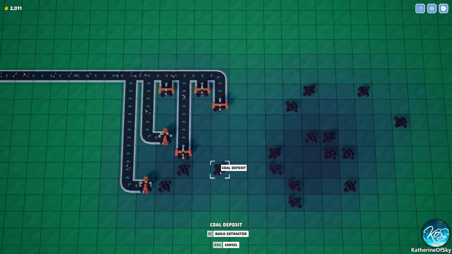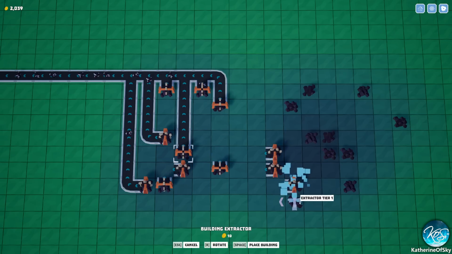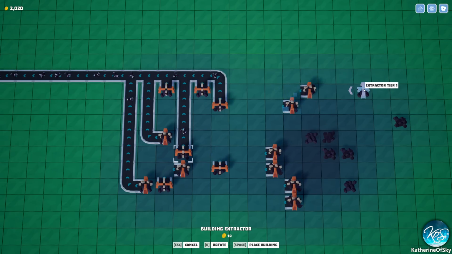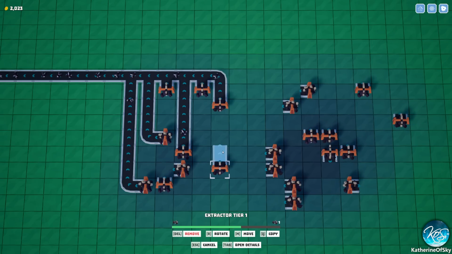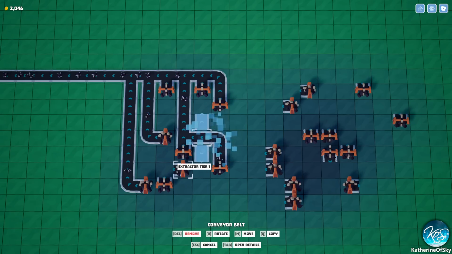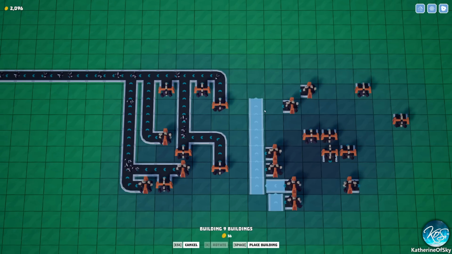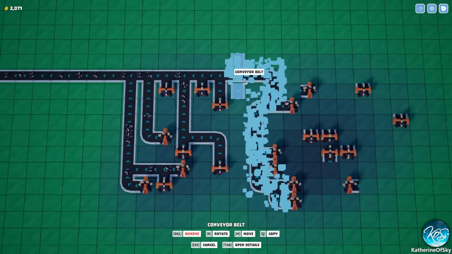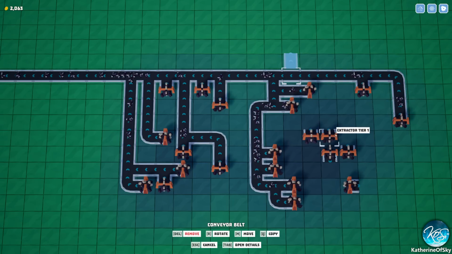We can even build some more extractors here so that we can just collect all the coal, basically, and it'll count toward money, which is kind of nice, because then it's like free money, basically. That's how I look at it. Okay, so you go here. Just gonna make this a little bit, oh, actually that goes away nicely there. Good, yes. And then...